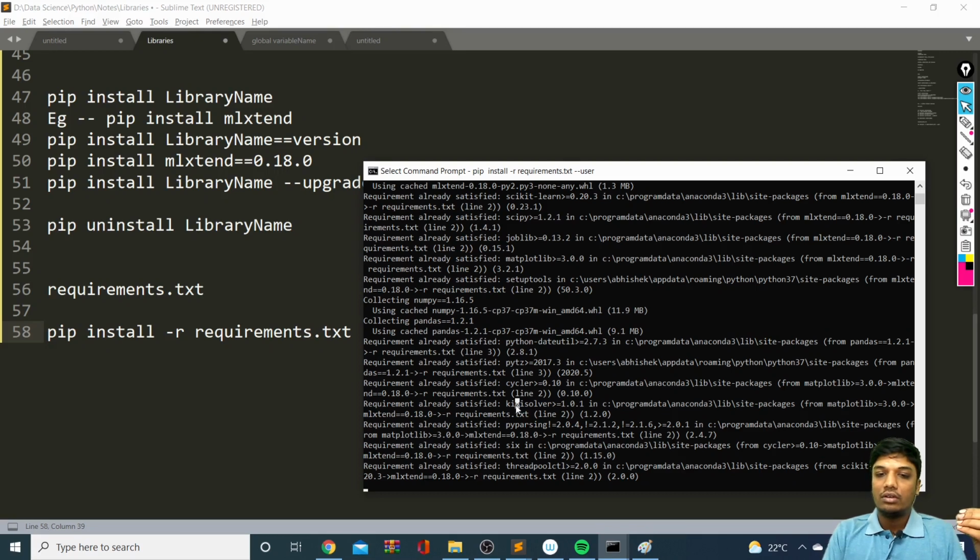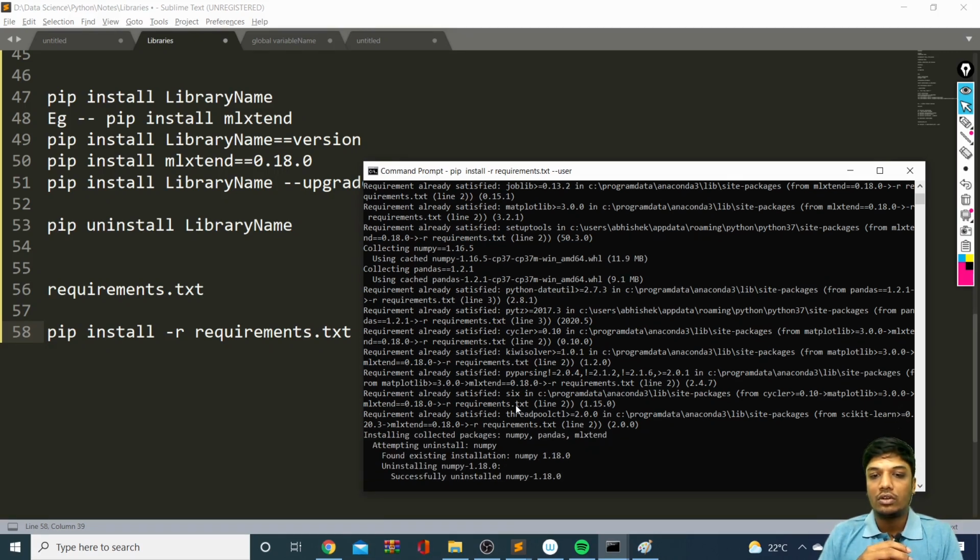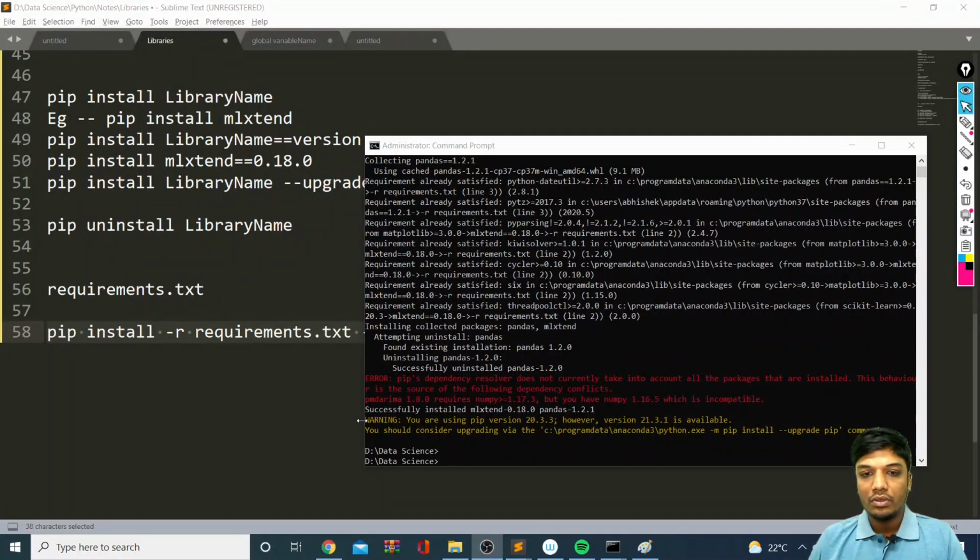So let's see once it is installed. Yes, it is already having one installation. It is uninstalling first. NumPy we already have 1.18.0. It will first uninstall the 1.18.0 and install 1.16.5 because we have mentioned the same in the requirement.txt, right? So let's wait. Yeah, so you can see, right now it has successfully installed all the NumPy pandas versions